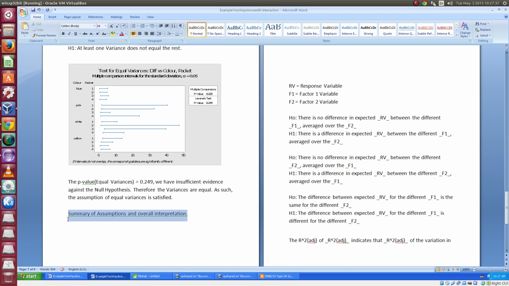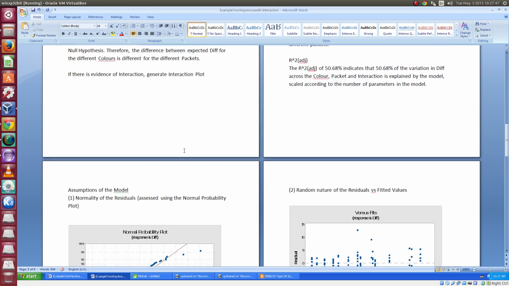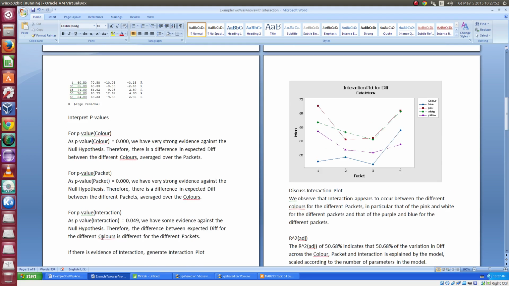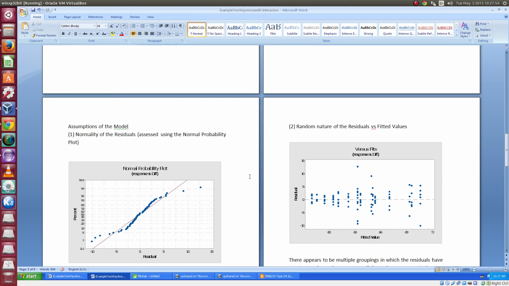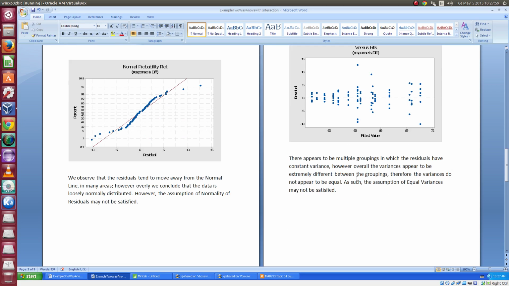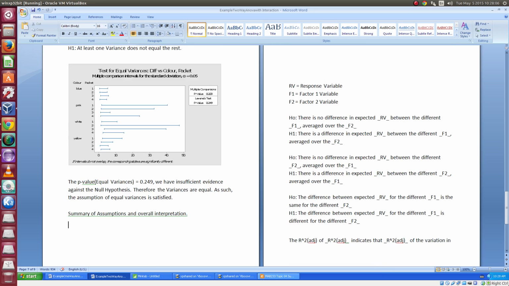misinterpretation of it whatsoever. Okay, so now we just need to have a summary of the assumptions and the overall interpretation. So we've done the test. We've identified for each of the p-values those that are having an effect. We found that in this case, color, packet, and the interaction all had an effect on the overall difference. And of the assumptions, whilst the normal probability plot wasn't satisfied greatly, the equality of variances assumption, which is the most important, has been satisfied. So whilst the assumption of normal